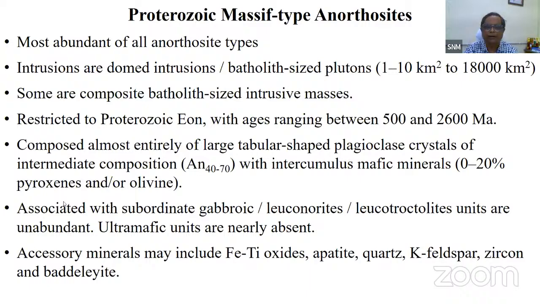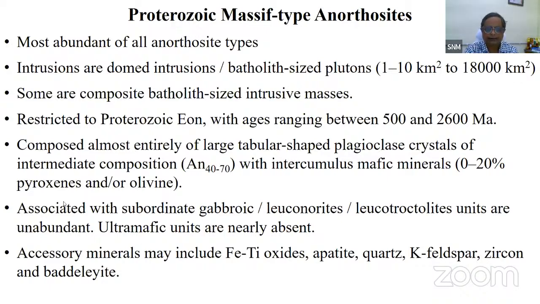Another major type of anorthosite occurring in the terrestrial Earth's crust, as I said, is the Proterozoic massif type anorthosites. They are restricted to the age range of 500 to 2,600 million years. They are really large in size, and they also contain tabular shaped plagioclases, but moderately calcic, not very highly calcic. But these are also cumulate rocks with intercumulus pyroxenes and olivines. They are also associated with gabbro, leuconorite or